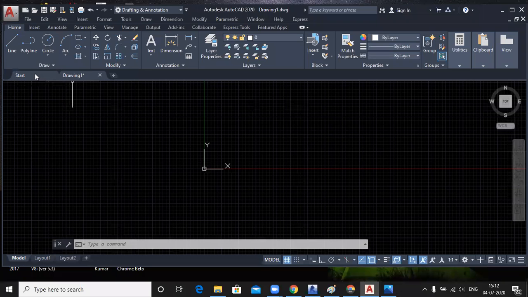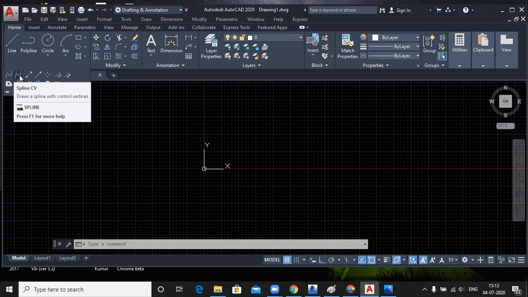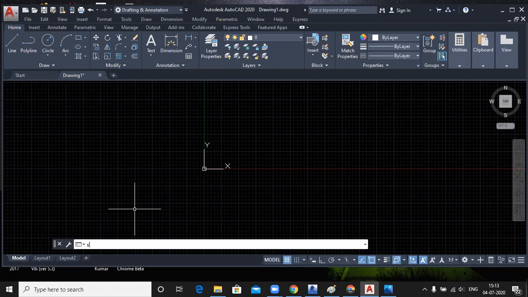Two types of SP lines. First is SP line fit and second one is SP line CV. By the SP line fit, you just activate by clicking here or you type SPL in the